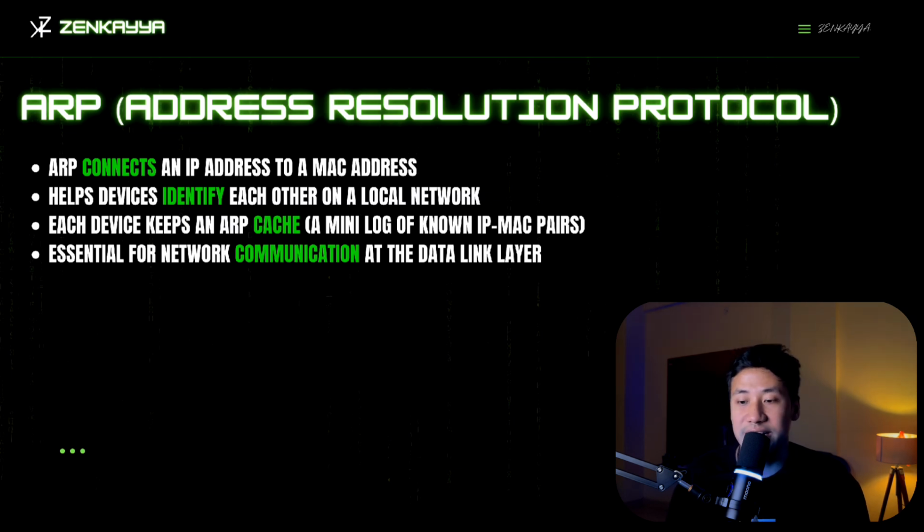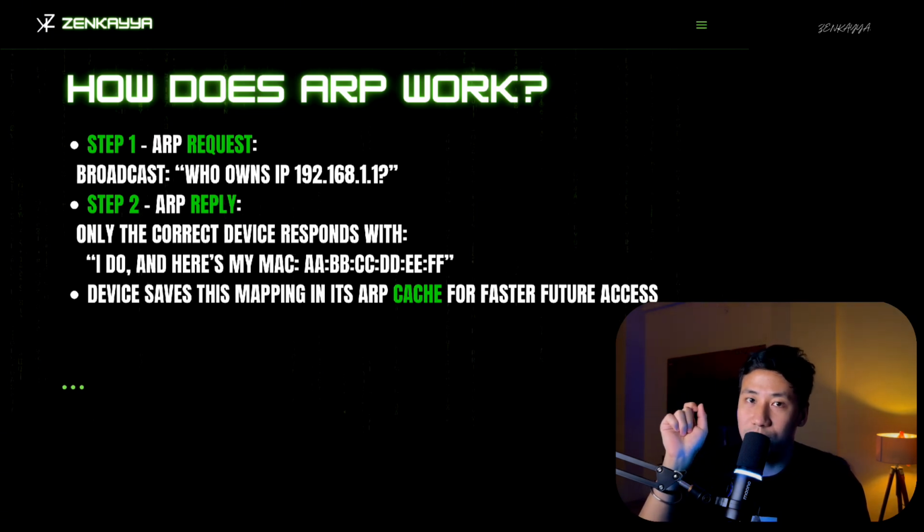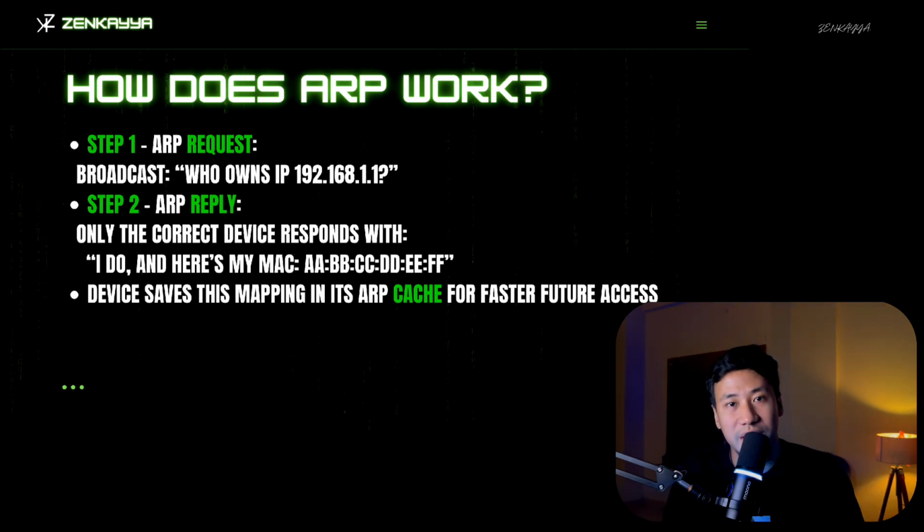Alright, I hope it is clear to you. So how does ARP work? Step 1, ARP request. First of all, it will send a request. It will broadcast. I already explained broadcast in the subnetting also. The last one, that is 255, that particular number will be doing broadcast. All right, that will broadcast to all other IP addresses in that subnet, and it will ask who owns this IP address